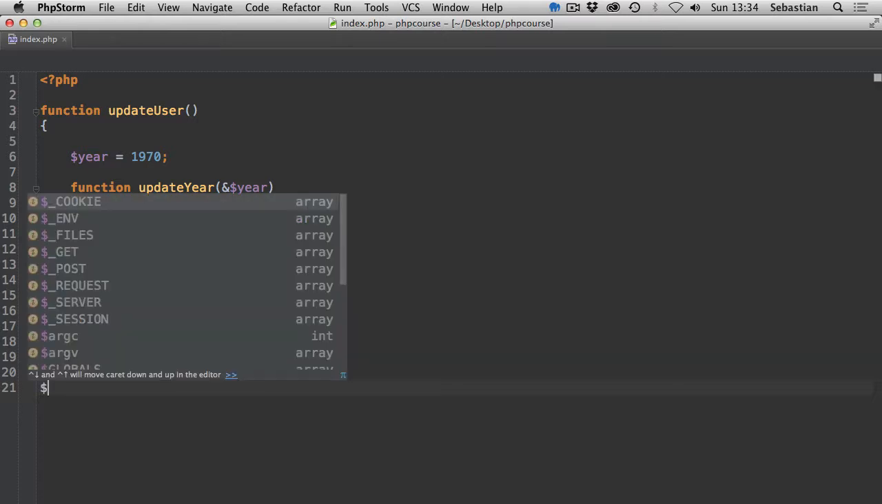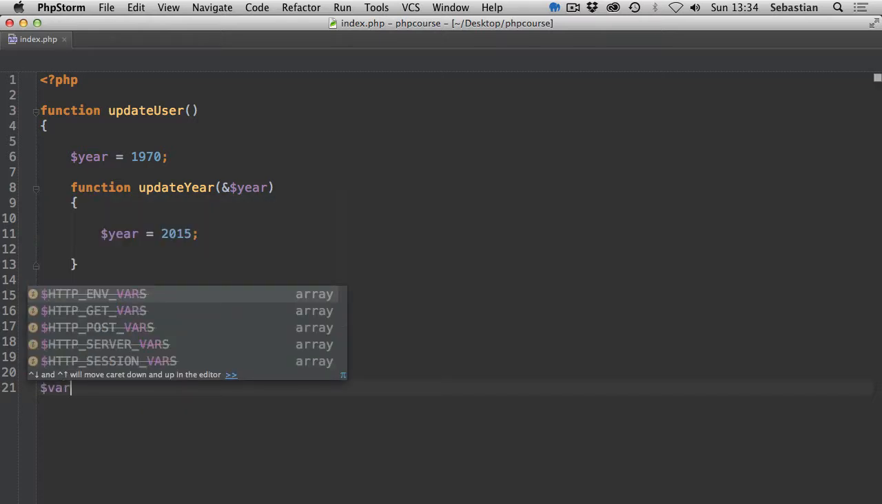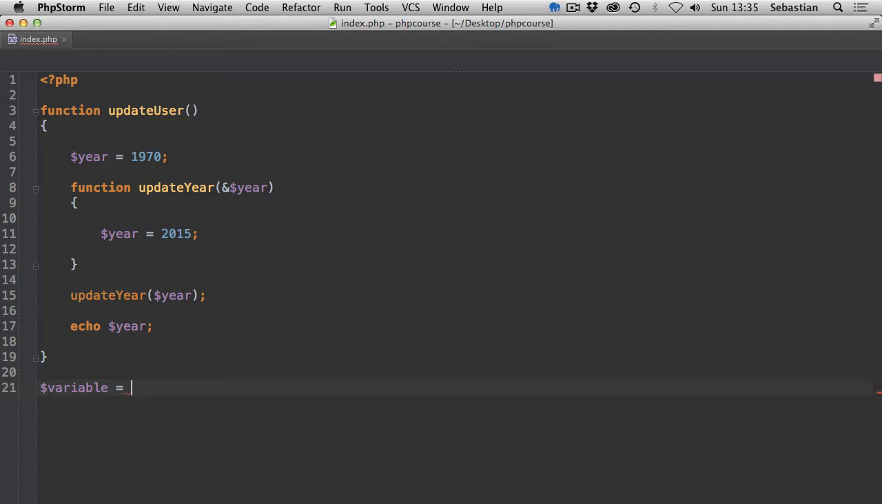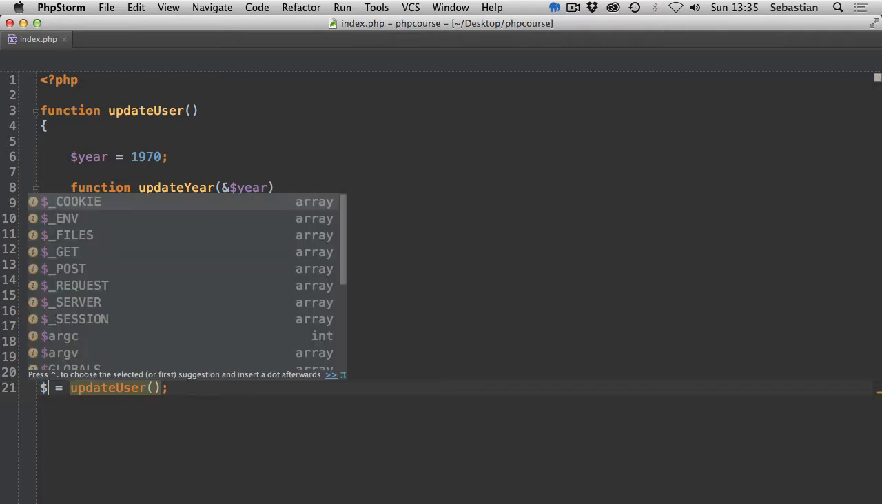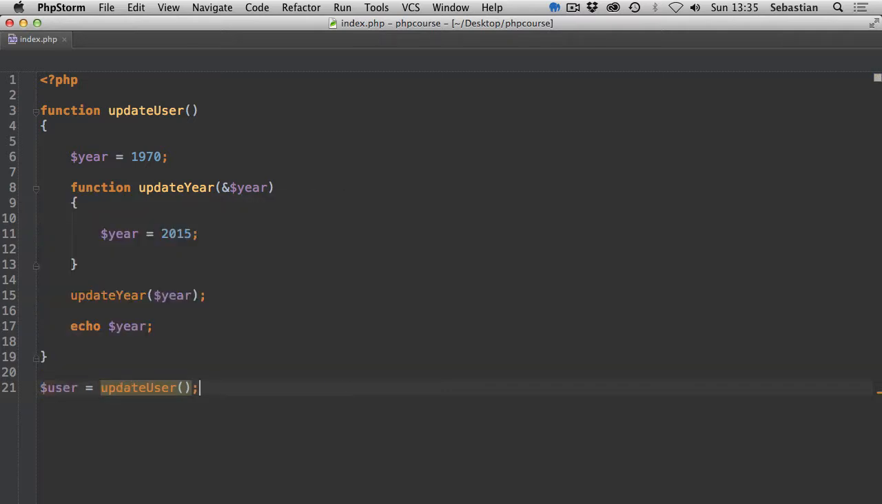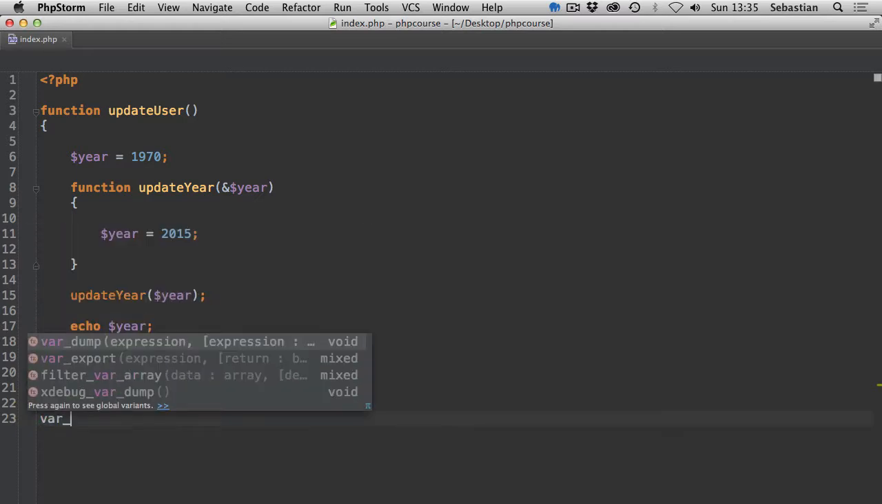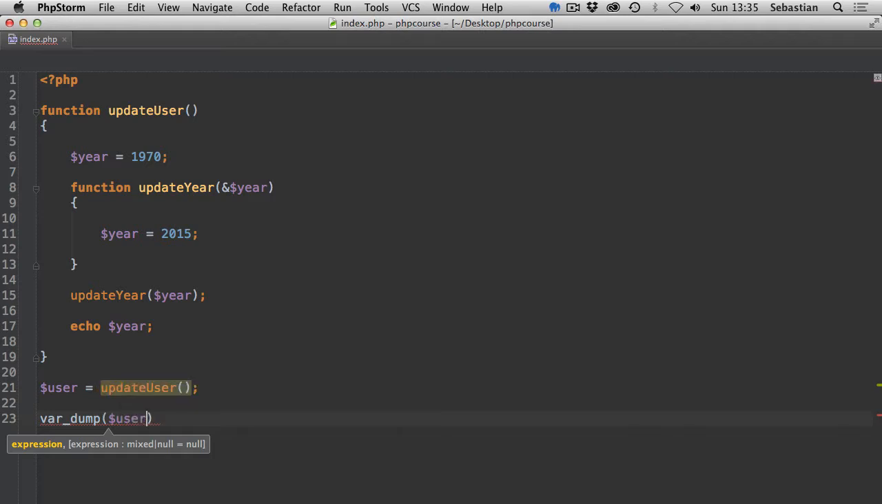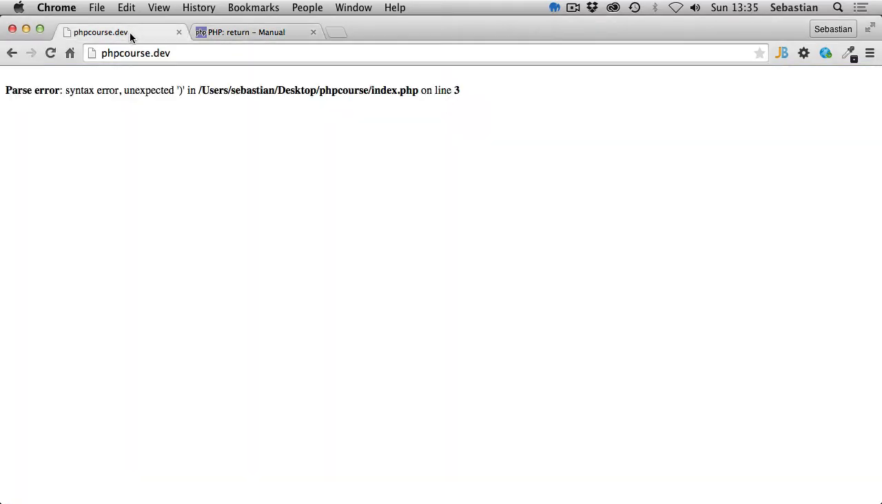And let's say I want to associate this with a variable, and I'm going to call it simply variable, and I'm going to do update user. Well, actually, do you know what? Probably the best name for this would simply be user. And as you can see, my IDE is automatically highlighting this. I'm going to then try and var dump it to see what this user contains. If we save it and preview everything in the browser, refresh the page, and we get 2015